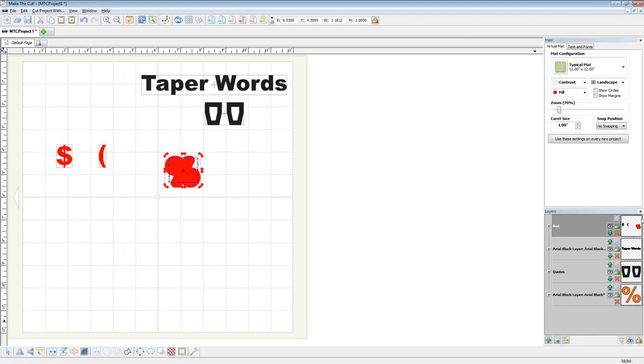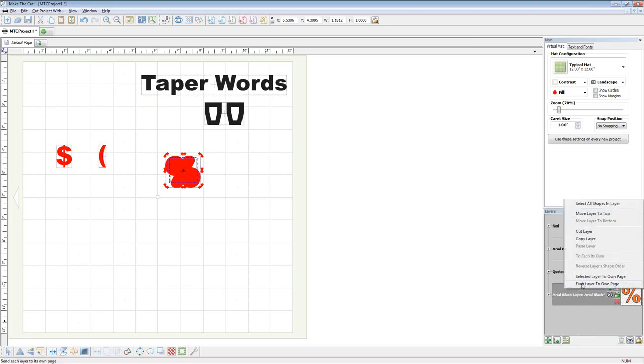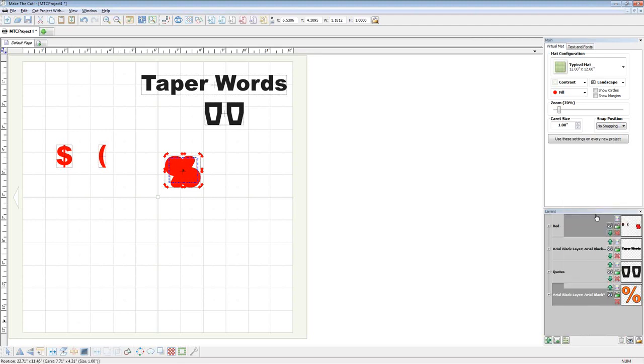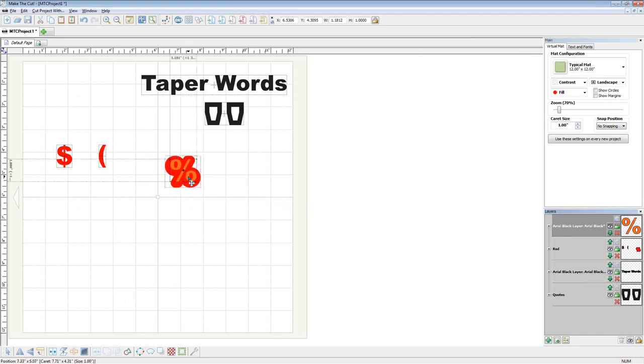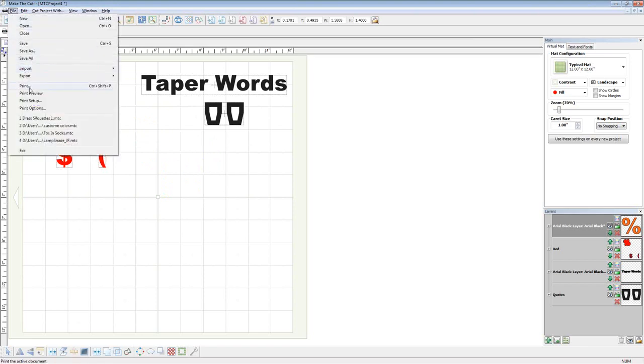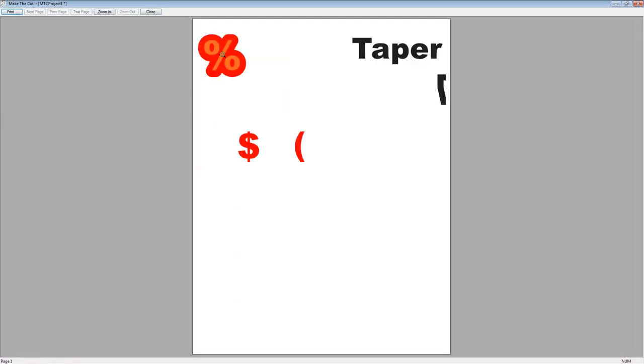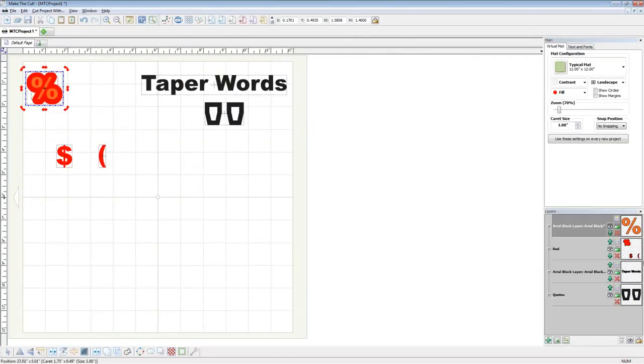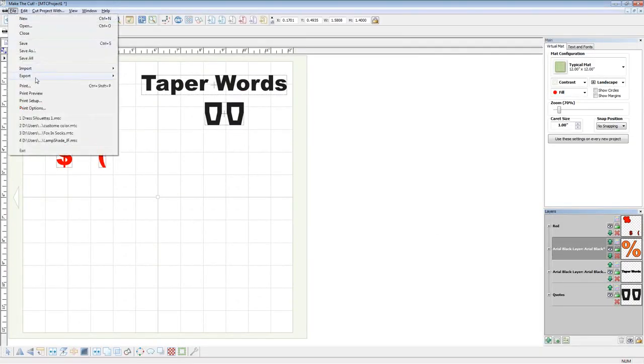So there's a couple things you can do. You can right-click on the layer and say, put it to its top. There we go, move layer to top. So you can move layers around, and then you get different effects. If you're doing a print and cut or whatever, obviously that looks different than if that layer was below the red, right? Completely different